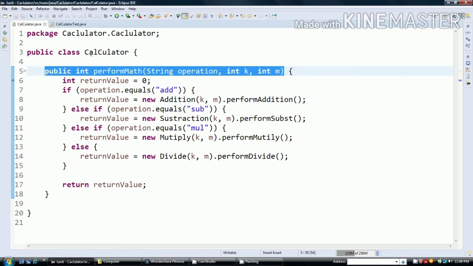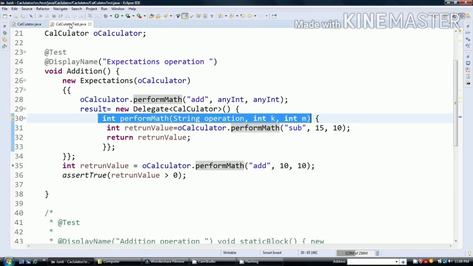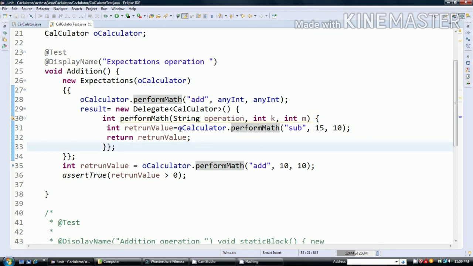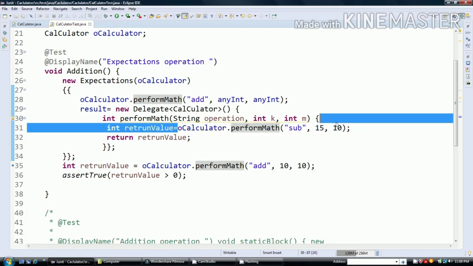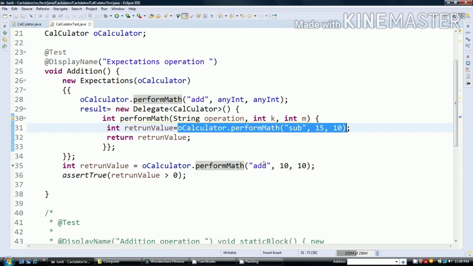So here we kept the debugger to see whether it is coming inside the calculator, and you can see that calculator perform math. Actually I am performing a subtract operation with the values 15 and 10. Whatever return value I am going to get, I am going to assign it to the result.